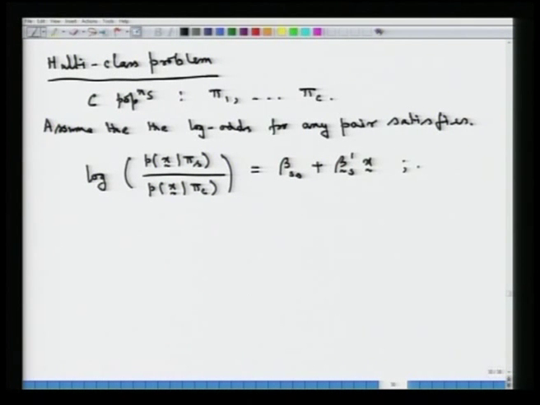This is for s equal to 1, 2 up to c. So, we are looking at the pair of the cth population and any of the s populations, for s equal to 1 up to c minus 1. We are looking at pairs of such populations and then looking at the log odds of these quantities, which we assume is of this particular form. So, this would imply that these c minus 1 log odds